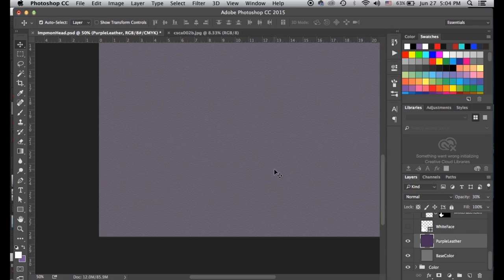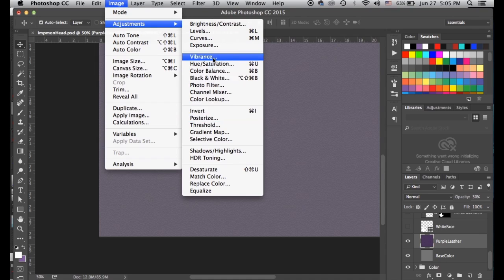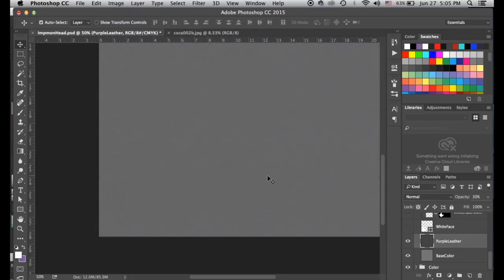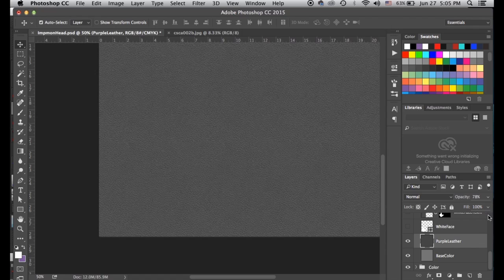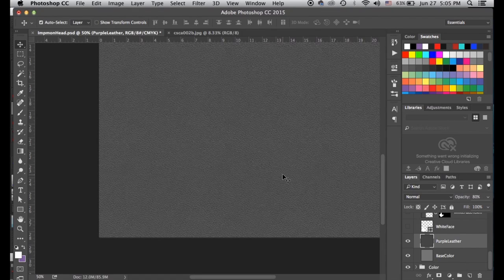Alright, and now I have my leather here. Now I don't need it to be purple anymore, so let's just desaturate the image right here, and I can make it a little darker, 50%, 60%, 70%, 80%, 100%. Let's make it 80%. Okay, so now I have that base layer,